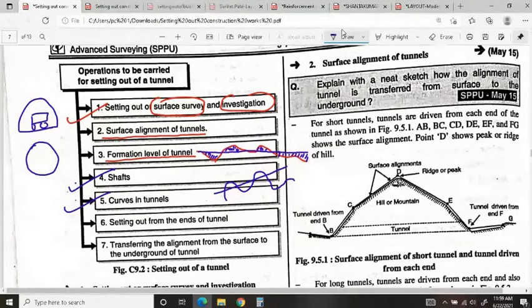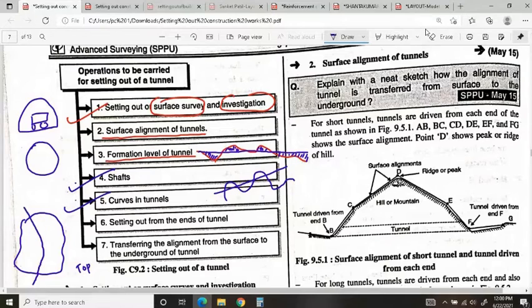Okay, curves. If it is not possible to go in a straight line, sometimes we will be having some curves. For example, from Pune to Satara, if you go, there is a mountain like this, and you are seeing from top. Instead of straight, it is a little bit in a curved manner.